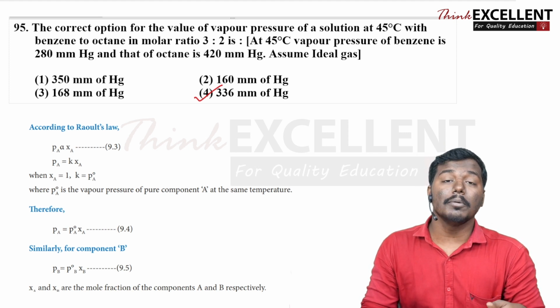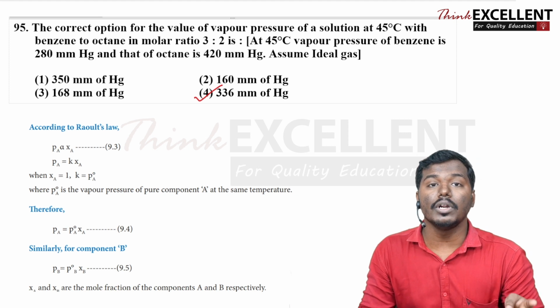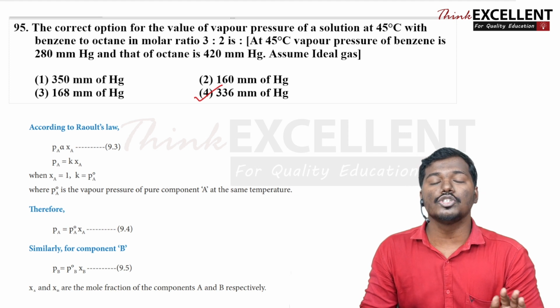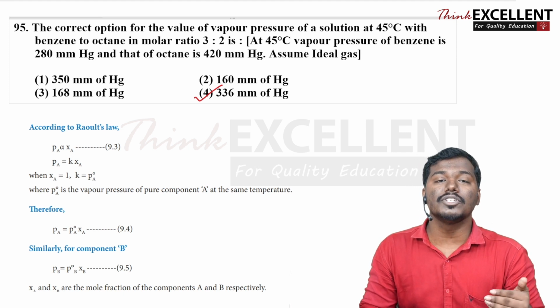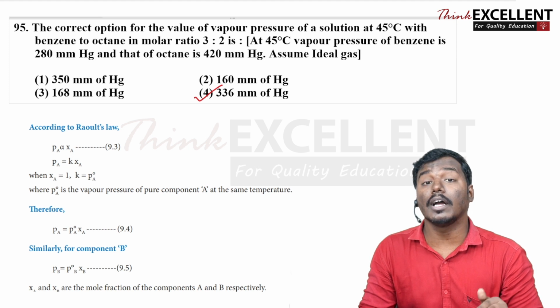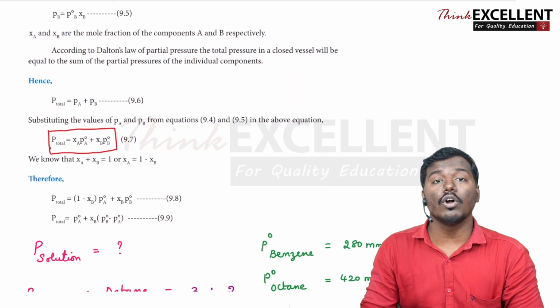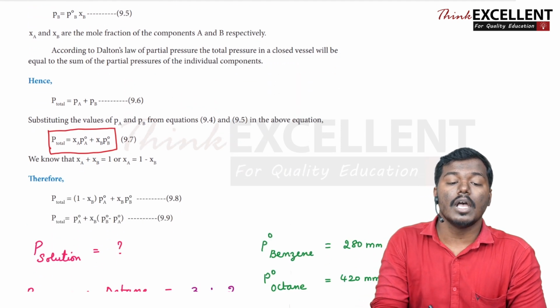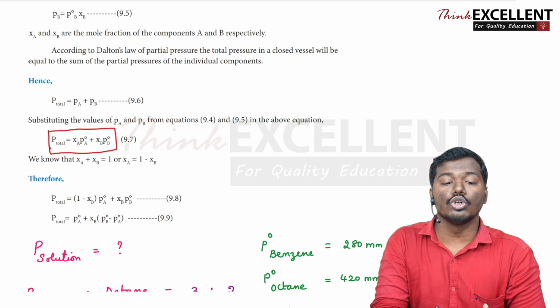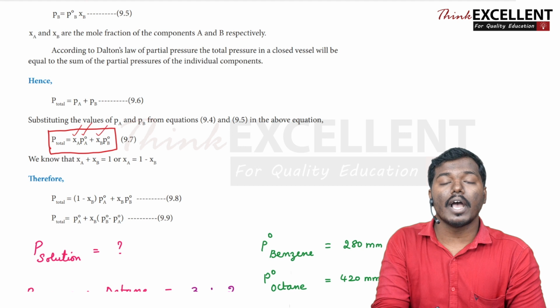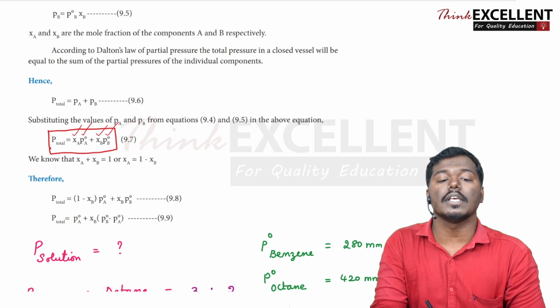So அப்ப இங்க பாத்தீங்கன்னா நம்ம vapor pressure of the solution கண்டுபிடிக்கணும். ரெண்டு காம்போனன்ட் இருக்குல்ல, ஒன்னு பென்சீன், இன்னொன்னு ஆக்டேன், அதோடைய மோலார் ரேஷியோ கொடுத்துட்டாங்க. Pure vapor pressure of benzene கொடுத்துட்டாங்க, octane கொடுத்துட்டாங்க at 45 degrees Celsius, that's all. So அப்ப Raoult's law நம்ம படிச்சிருக்கோம். So we have to find out the total pressure of the solution, means if you are having two components, we should know the mole fraction of the first component into the pure vapor pressure of that component, plus the second component உடைய mole fraction into the pure vapor pressure of the second component.